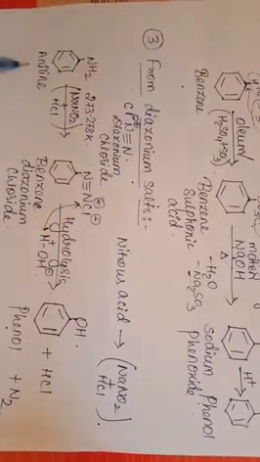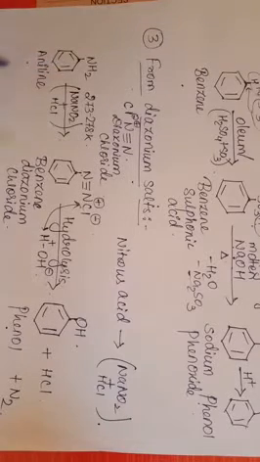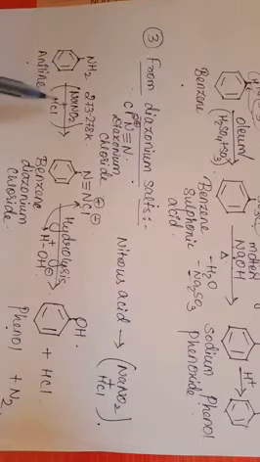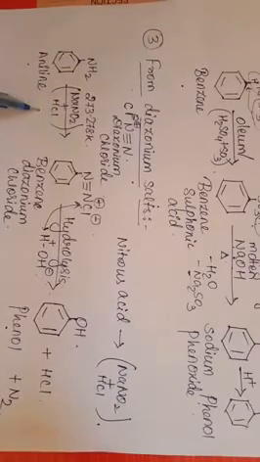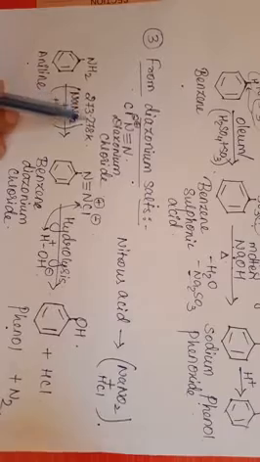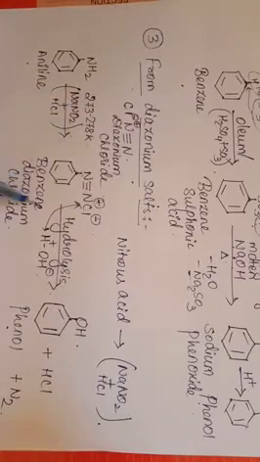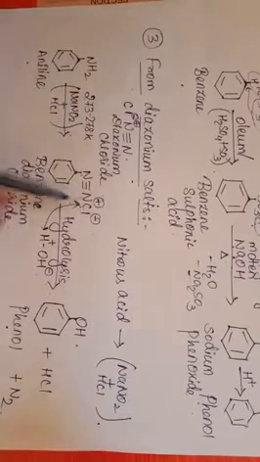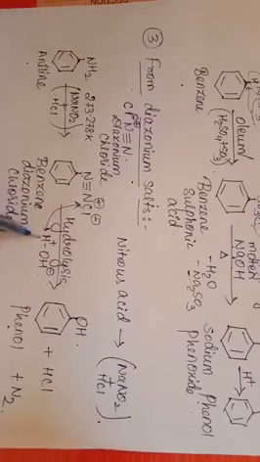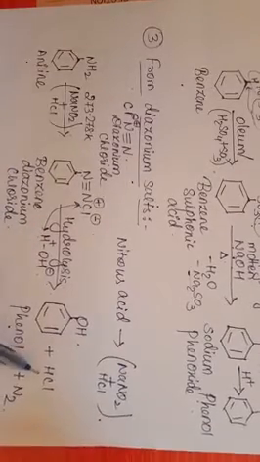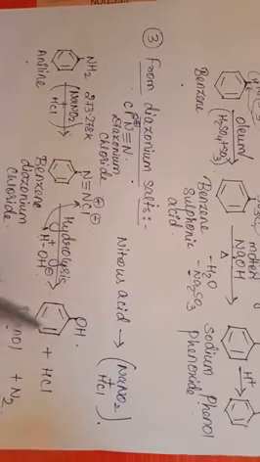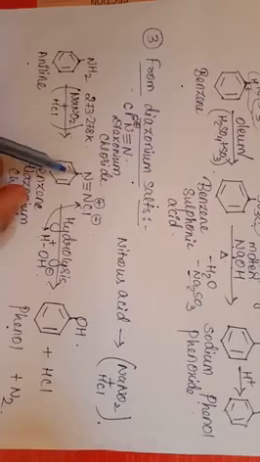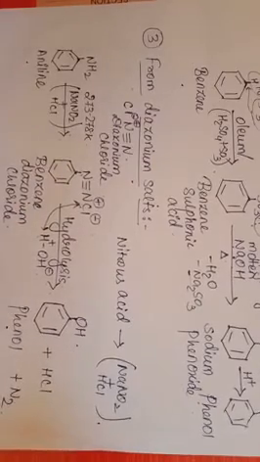That is, first we will take aniline, that is our primary aromatic amine, on reaction with nitrous acid. Nitrous acid means NaNO2 plus HCl. At temperature 273 to 278 Kelvin, you will get benzene diazonium chloride. Now on hydrolysis, this H plus and Cl minus will be removed as HCl, and this N2 will be removed, and here OH group will come and it will form phenol. That's it.